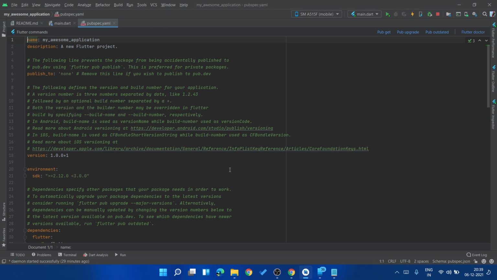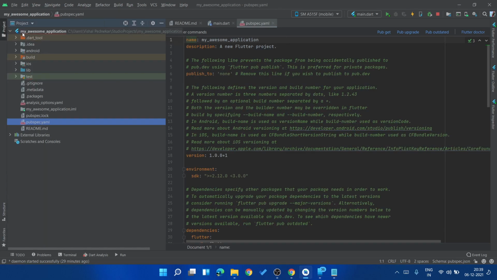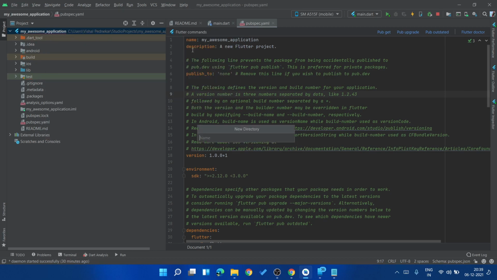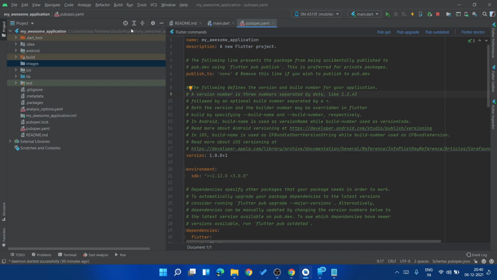Now to add an image to our Flutter application, let's head over to our project. This is our root directory. Right click on the root directory, go to new and select directory. I will name this images or whatever you would like to name it and press enter. Now we can see that we have a new directory images created in our project.